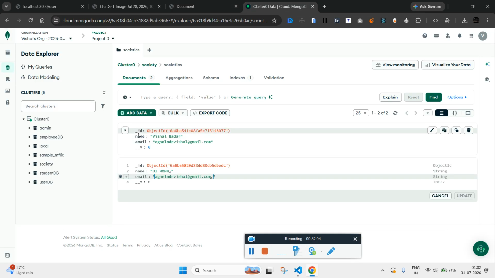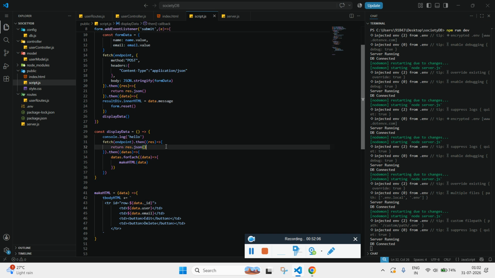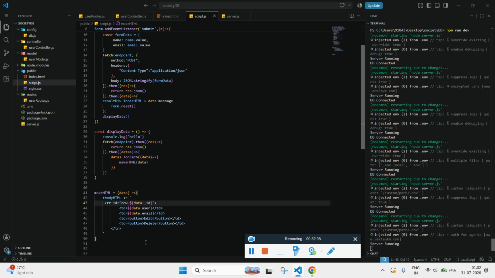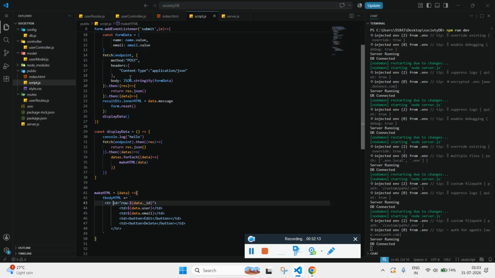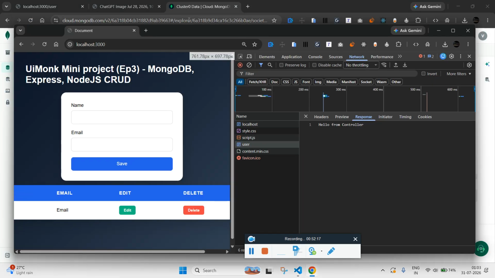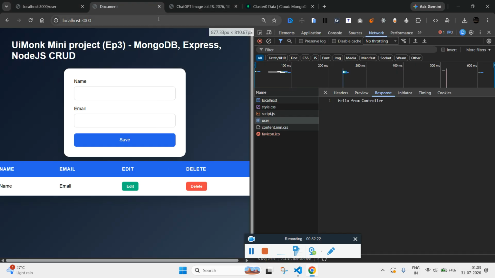You see, we can access this ID and we will have it in the table row, and once this is set, once you receive data from the server, if I refresh it,